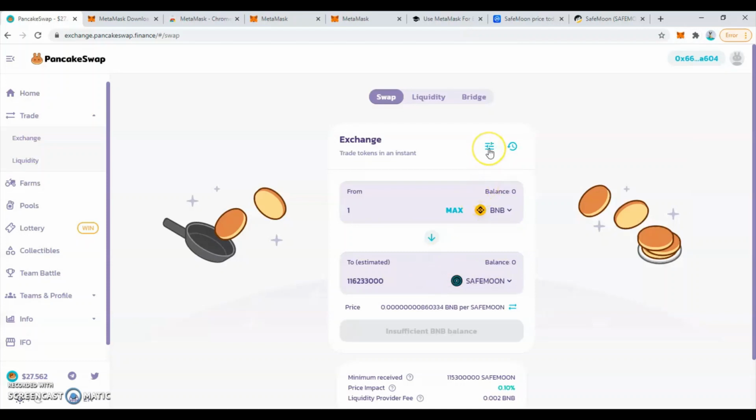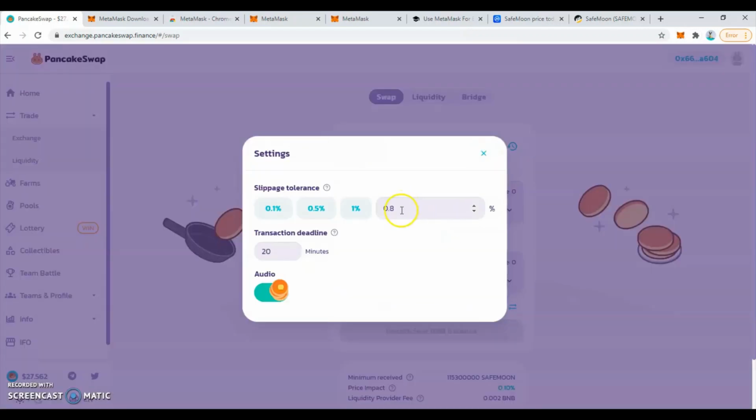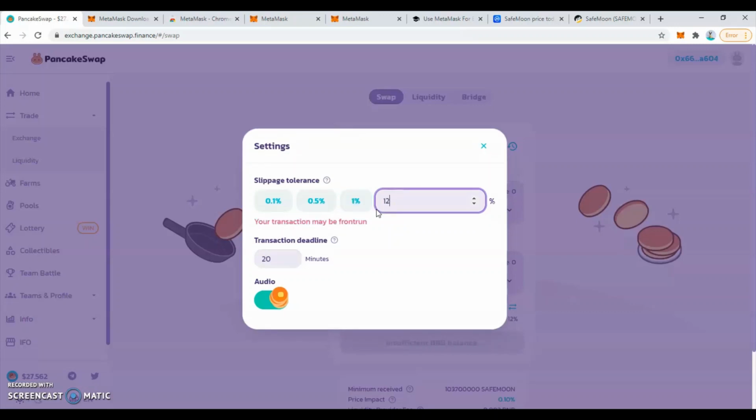And when it comes to slippage, you can come right here to set your slippage. It depends on the token that you want to buy. If it is so popular, you might need to set the slippage higher. Sometimes you might even need to set it up to 12% for it to go through, because this is